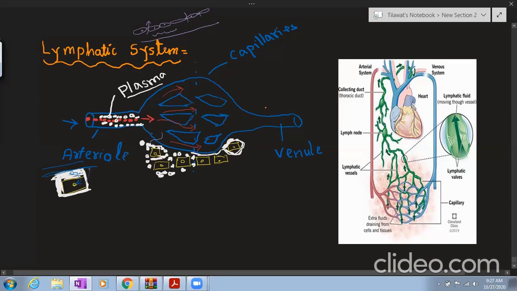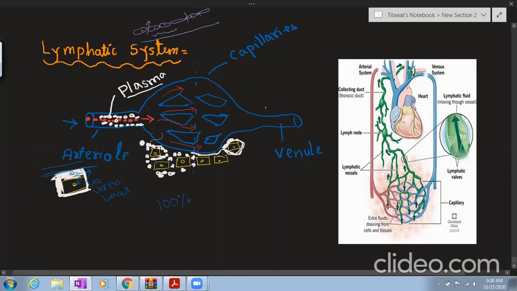While waste material like carbon dioxide, urea, lactic acid will mix with that plasma, and that plasma will help to take that back to your blood. How will it help? See, the word plasma here I am modifying. This is now covering your cell. This is called tissue fluid. This tissue fluid, you see, for example,